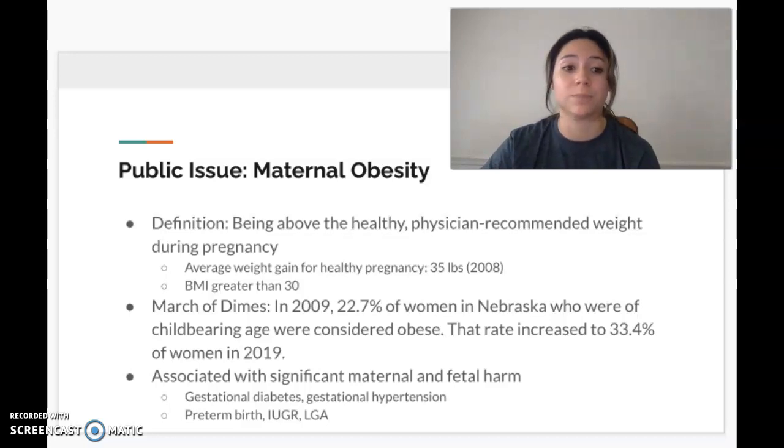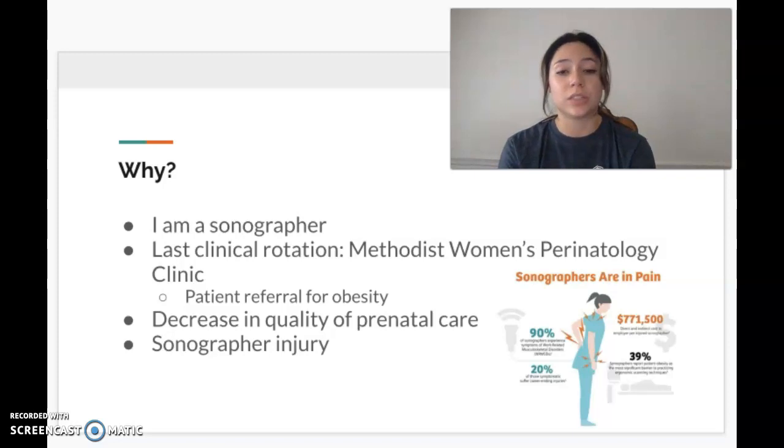on the opposite spectrum. So I decided to choose this topic because I am a sonographer, and at my last clinical rotation, I was at the Methodist Women's Hospital at their perinatology clinic, and one of our patient types was just people who were referred to perinatology because they were high risk due to their maternal obesity and their weight. And it was just really difficult to provide good prenatal care to these patients, particularly with ultrasound. Larger BMIs and ultrasound don't mix very well. And also, I just saw a lot of sonography injury during that because it's so hard physically on sonographers to